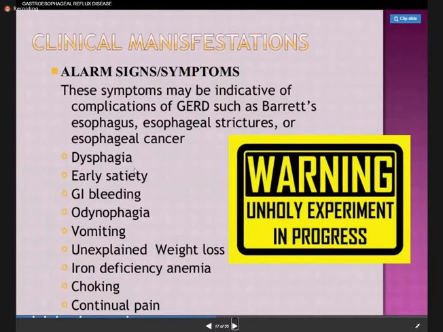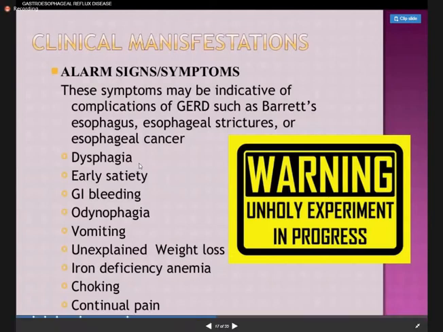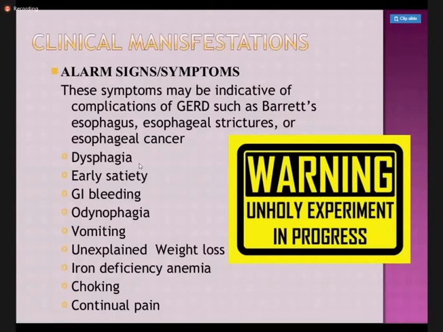Now, in my private gastroenterology practice, if anyone comes to me with symptoms of dysphagia, I elaborate the dysphagia. There are certain questions which you should ask a patient who presents to you with dysphagia. First, is it a liquid dysphagia or a solid dysphagia? Then, in which part of the esophagus do you have the dysphagia: upper esophagus, mid esophagus, lower esophagus? Is it progressive, non-progressive? Is it only for liquids? Is it only for solids? Is it associated with any weight loss or not?